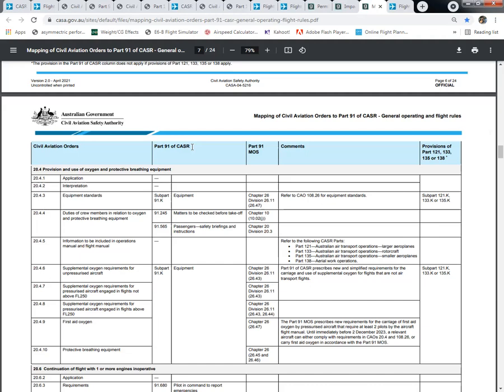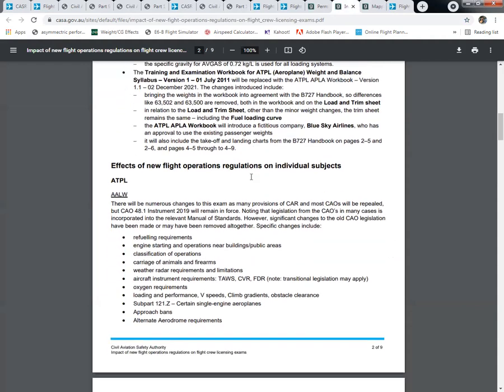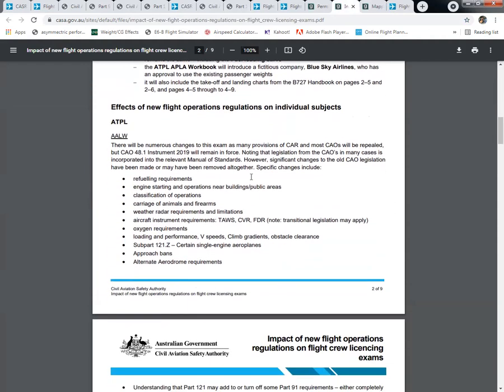The end consequence of me having a look at this for a couple of weeks now is I don't think it's going to be catastrophic. It will be a new change, obviously, and take a bit of getting used to, but nothing that we can't deal with. And as I said, mostly new homes for old rules, but a few changes, particularly in relation to law, as we see there. And those are the main ones there. So it's not all bad news.